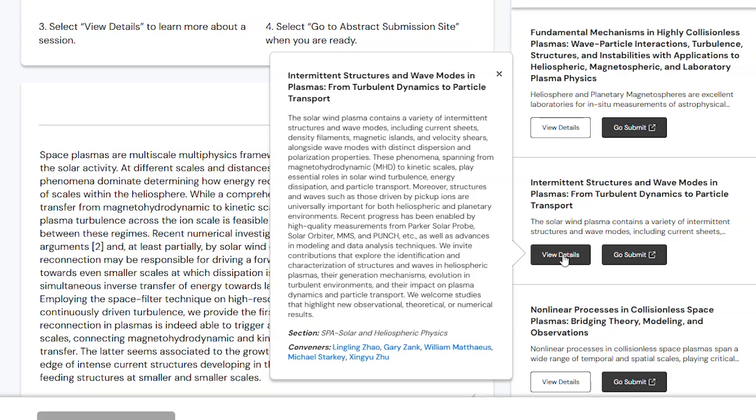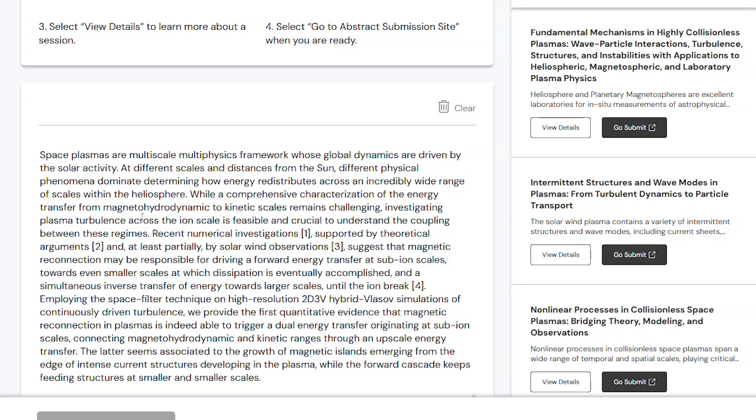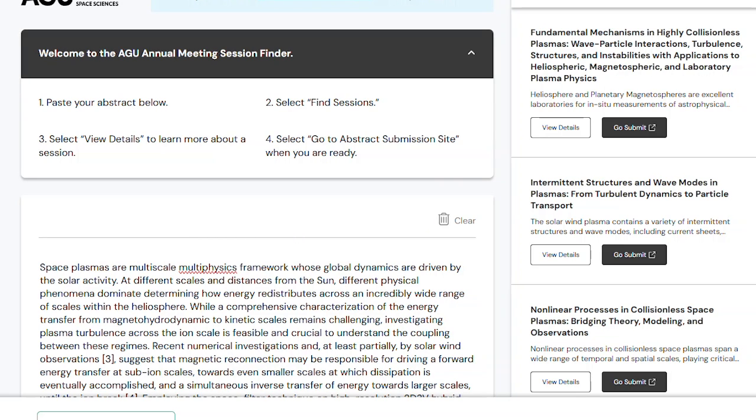If you'd like to try submitting variations on your research, make those changes to your abstract text and click Find Sessions again. Remember, you aren't submitting your abstract here, so you can experiment with different aspects of your research to find sessions